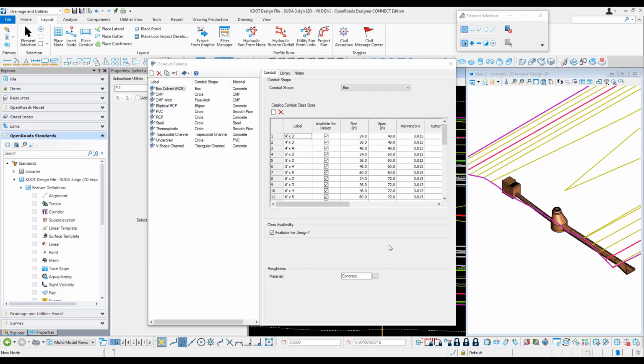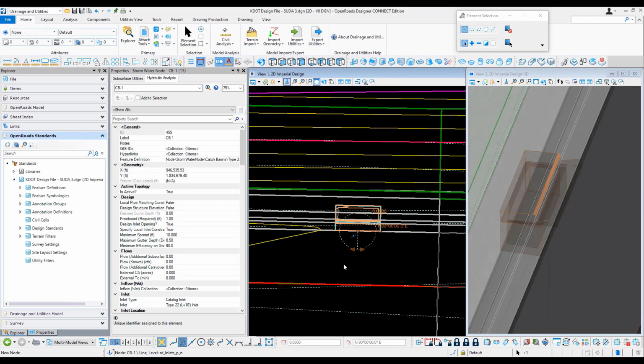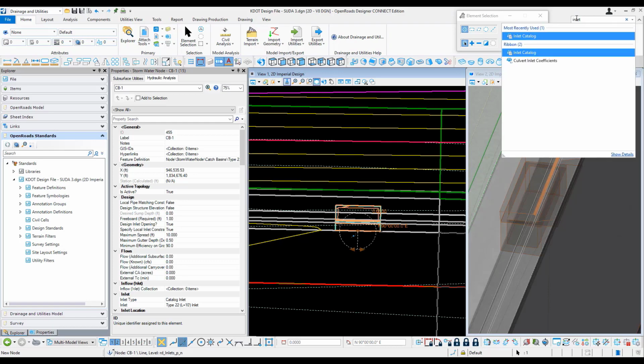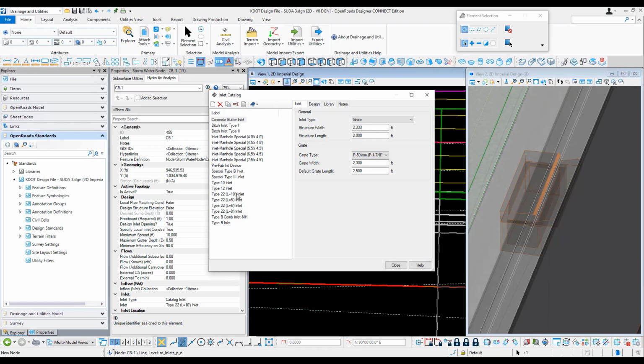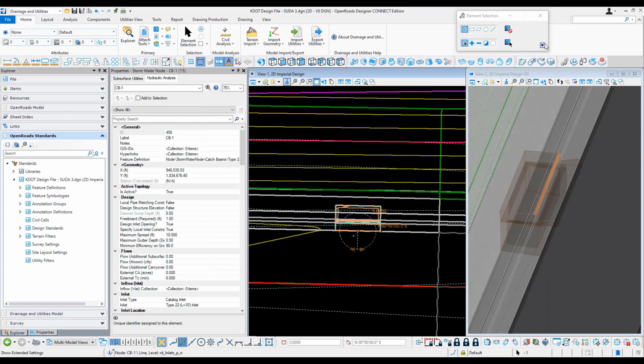Hydraulically, it's another story. They can be modified through catalogs and prototypes. However, the graphics in the 3D model are limited to what's in your cell library. For example, I have a Type 22 inlet placed that has a length of 10. Now, if I wanted to make that length 30 feet, I can go to the inlet catalog, duplicate this, change the curb open length to 30 feet, close,